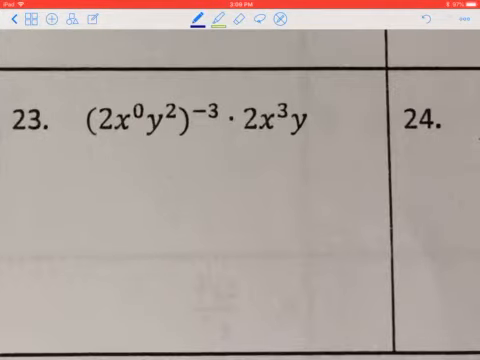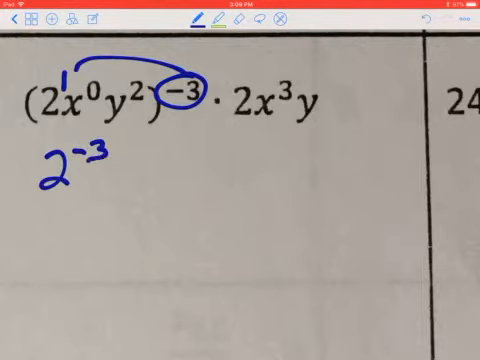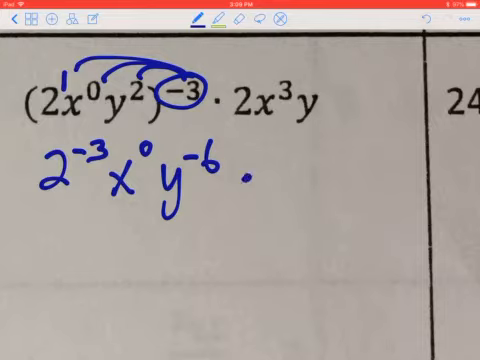Number 23. Again, if we take care of this, this is to the 1. This becomes 2 to the negative 3rd power. 0 times 3 is 0, so we have x to the 0. And y to the negative 6. Times